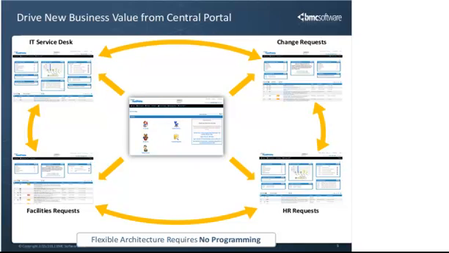Now, these workspaces, while they are able to be separated from a security standpoint, in other words, someone from HR, when they log in, would only see HR, it does allow, because you're doing so within a single solution, to pass tickets or share tickets between the areas. The greatest example of this is a new hire process where, based on a self-service user or a manager filling out a form, it may create tickets in IT, in facilities, in HR, all of which can have interdependencies, and when one is completed, it can kick off the other and give complete visibility into a particular process, such as